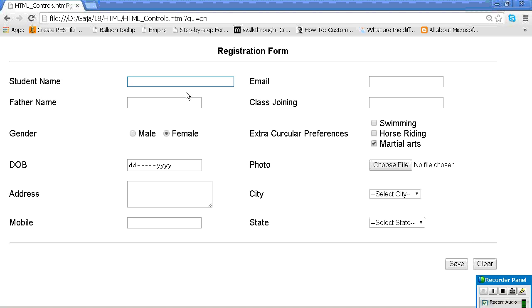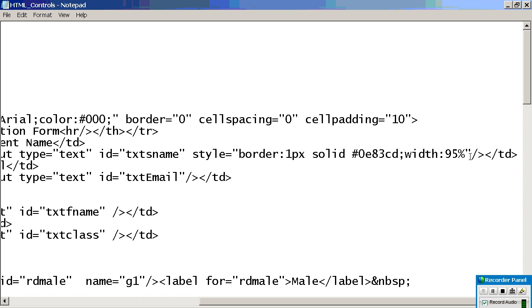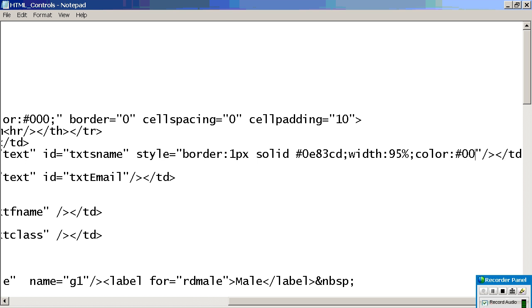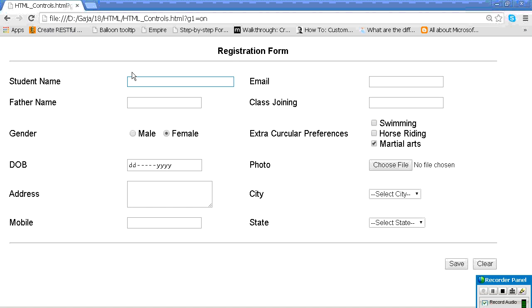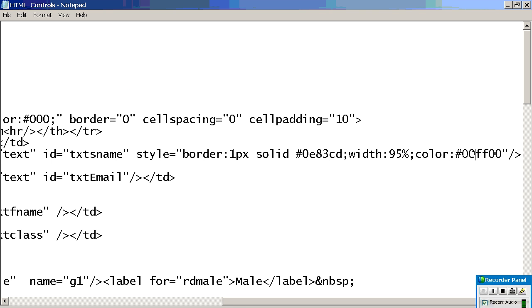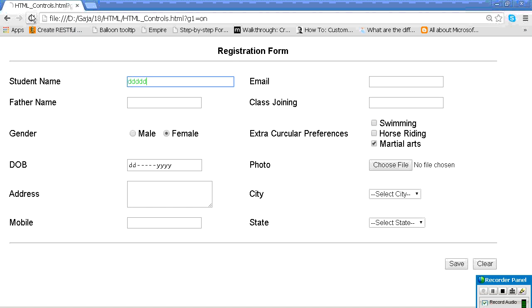Did you understand? Next. Whatever text you are entering, if you want to change the color of that word, what property should we use? Semicolon, color. So multiple colors are there.